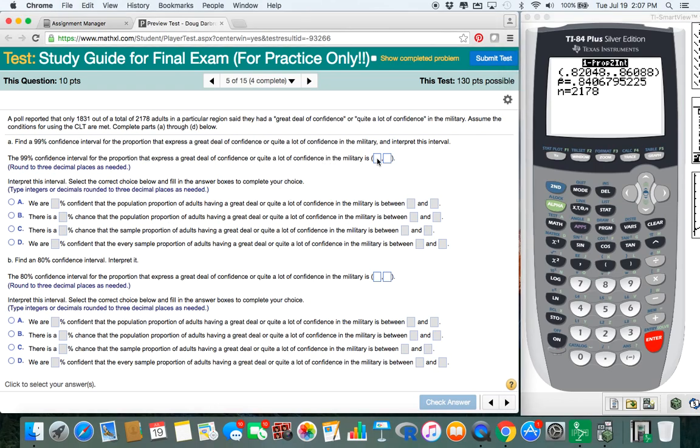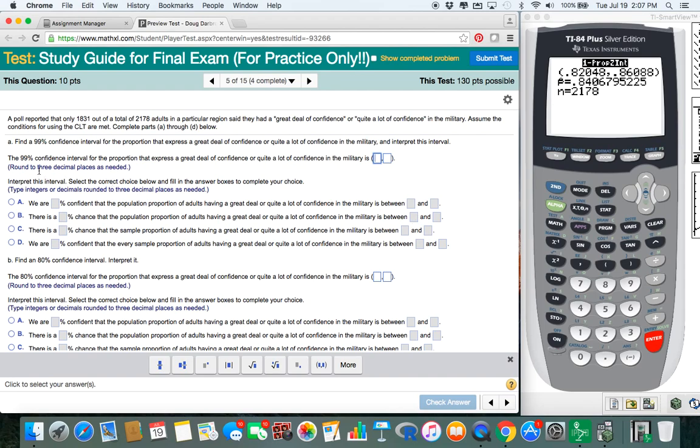Alright, so the left bound, what are we rounding to? 3 places, so 0.820. And the right bound is 0.861. Interpret. So we would say that we are 99% confident that the population proportion of adults having a great deal is between, that every sample proportion, guys, we've